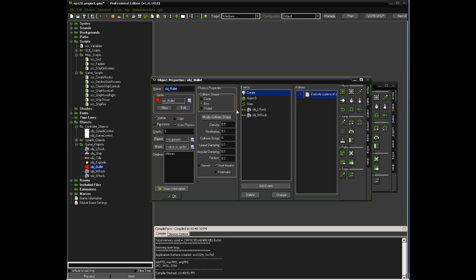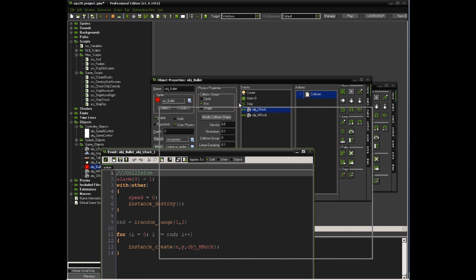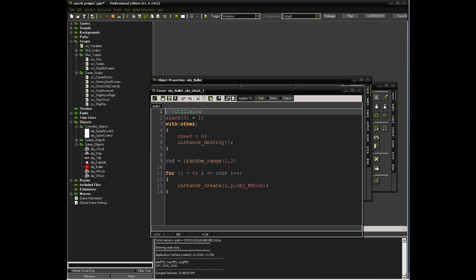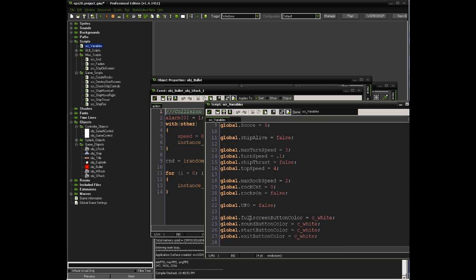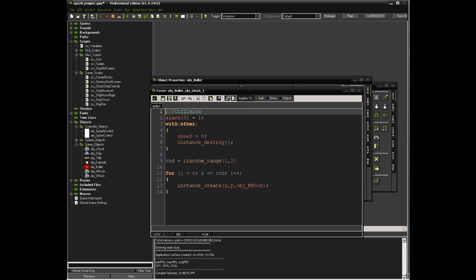Okay, so where do I want to do that? L rock collision. Actually, let's call it, where's it at? What do I do with it? Not rocks on. Rock hit equals false. I think that's what I want. Yeah, and then